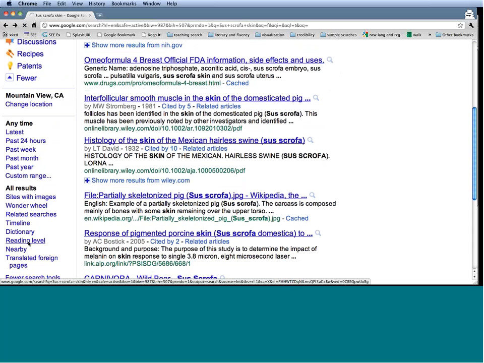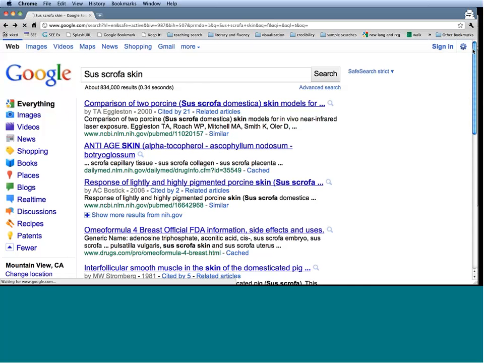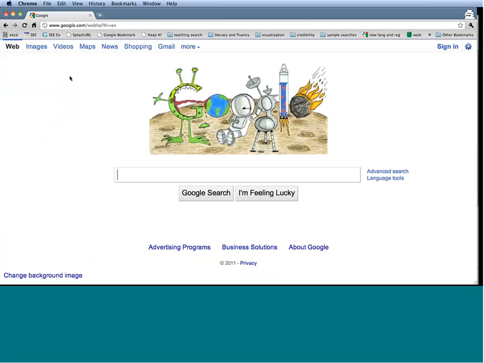And in just a moment it will load, and I'll be able to actually pick an advanced reading level page for pigskin. It's not loading extremely quickly at the moment, so we will come back to that later. Okay, so